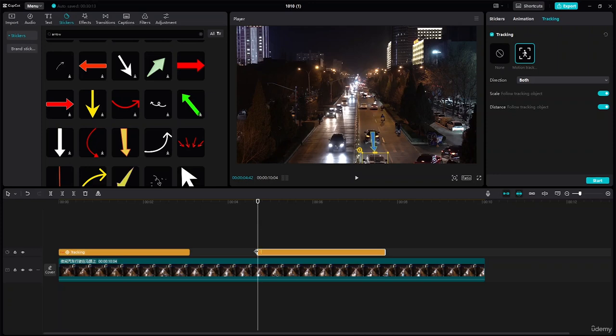Otherwise, let's bring it a bit further. Okay, so let me just bring it a bit farther over here, and I am going to put on this particular car. Let's select this one. Let me just place it right over here on top,